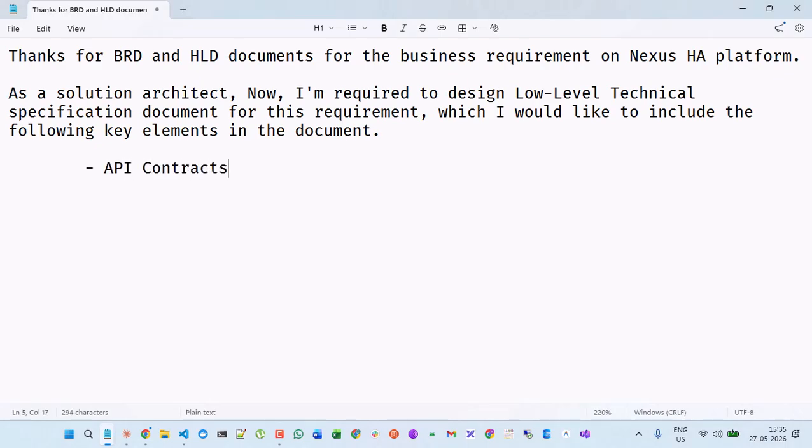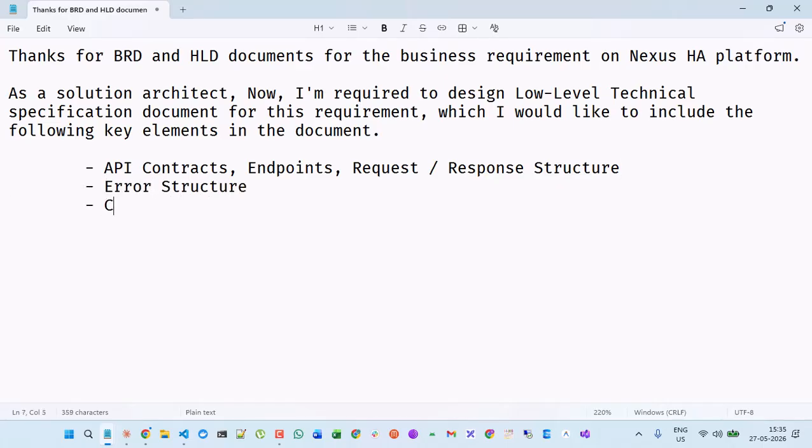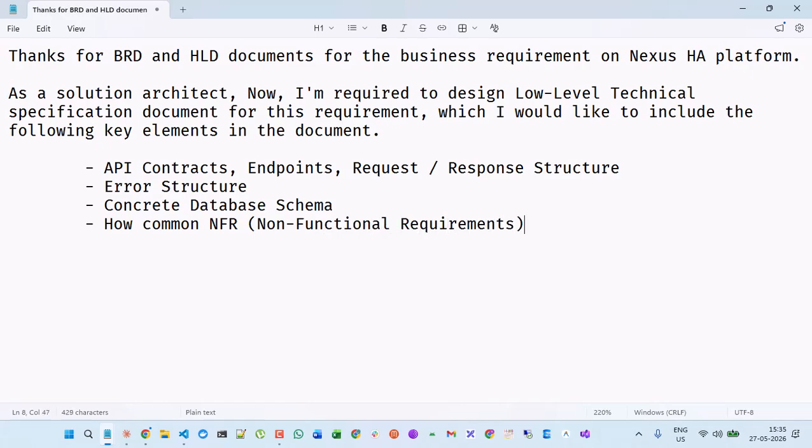API contract, endpoint, request response structure, error structure, concrete database schema, then how common NFR, non-functional requirements, are handled, including